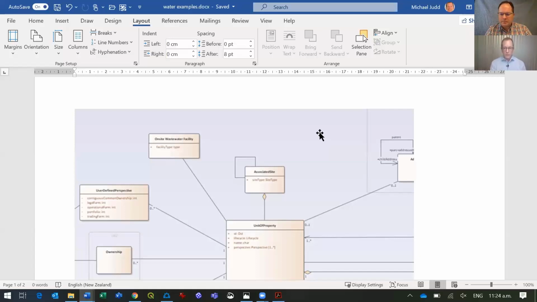So the district valuation roll data is a data set that's used for the valuation of property for rating purposes. It includes the land value and capital value attributes. When that data set can be made available to the public, then that will be part of it. At this stage, our plan is to make it available to central and local government. That's mainly because we don't own that data set. We're driven by the territorial authorities that do own that data set.